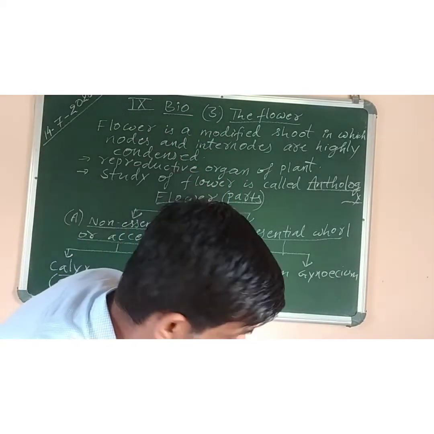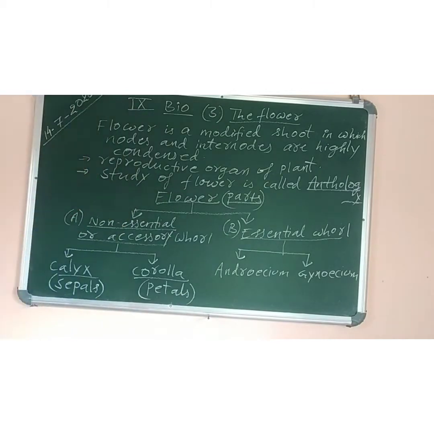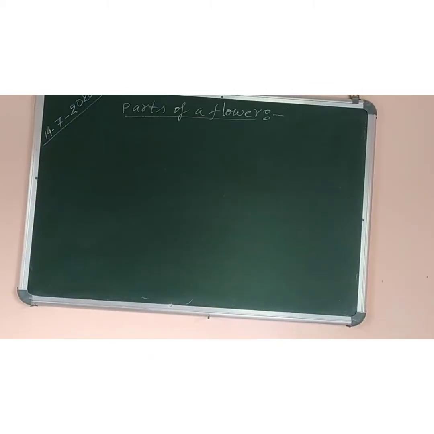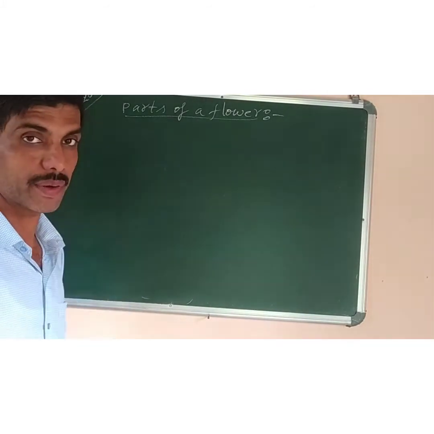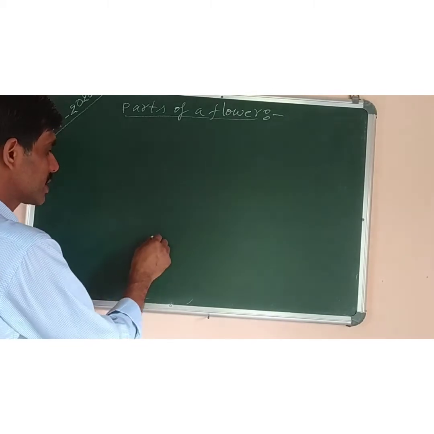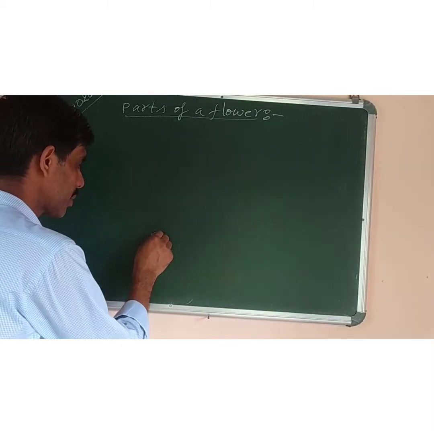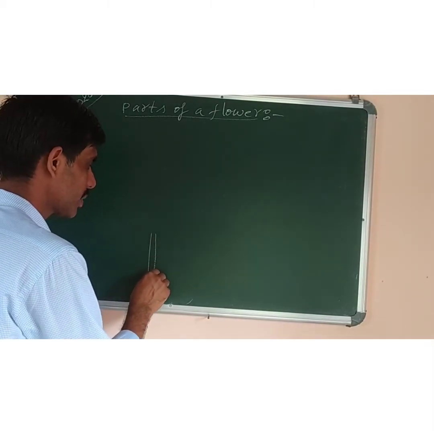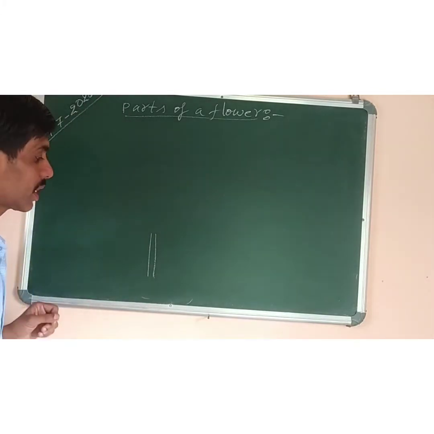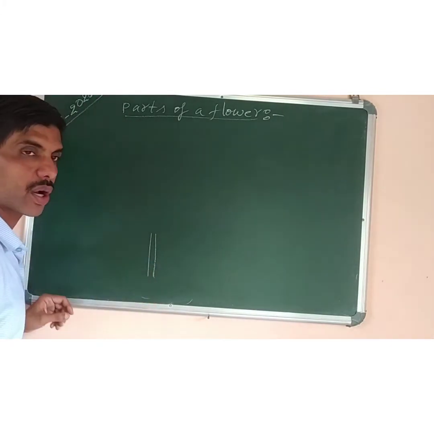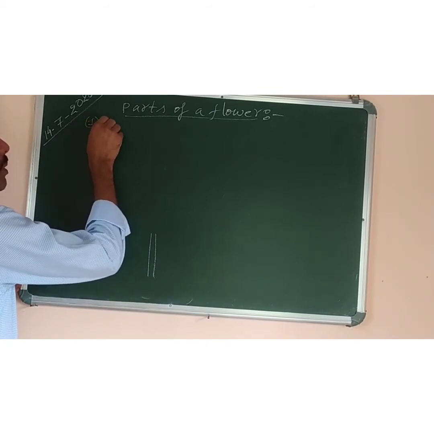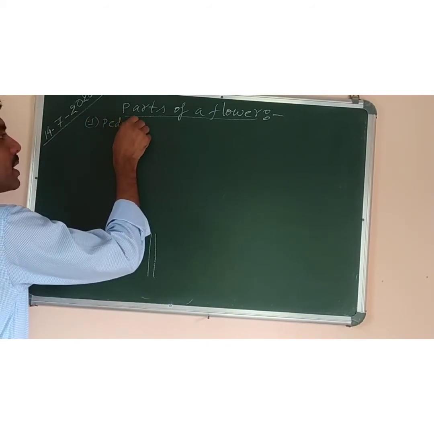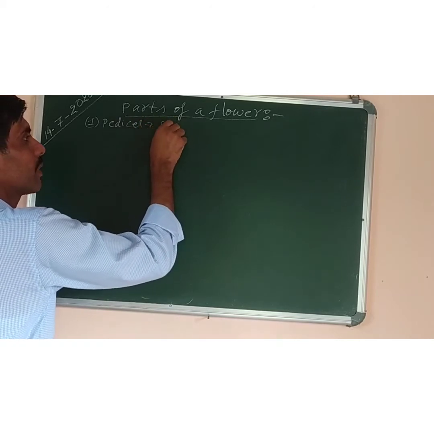Now next we have to study about the different parts of the flower. So I will just rub it and draw the diagram to explain all the parts. Next you can see I have written parts of a flower. So we will study about each of these. Side by side, along with the diagram, we can come to know about the different parts. Now this is the stalk of the flower, S-T-A-L-K. Number 1, I am writing pedicel. What is pedicel? It is the stalk of the flower.